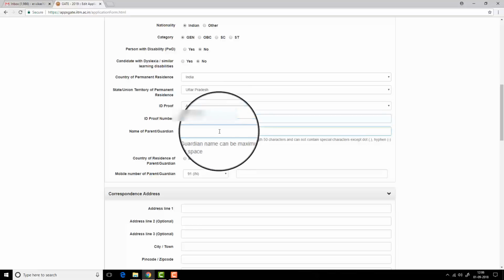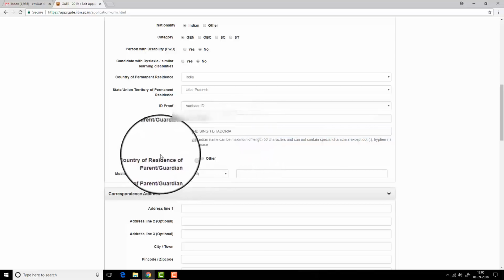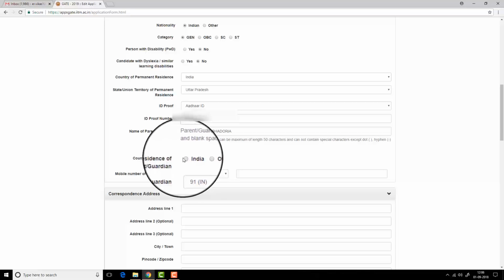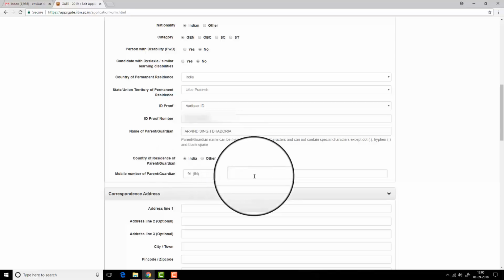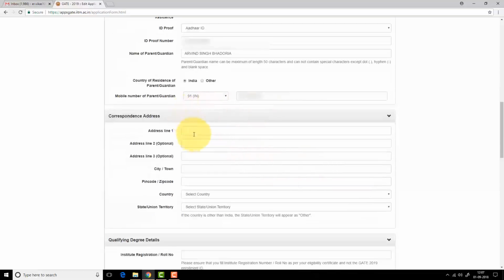then you have to enter your ID proof number, okay. After that you have to enter the name of your parent and guardian, okay. Then you have to enter the country of the residence of your parent and guardian. And finally, you have to enter the mobile number of your parent or guardian. Then you have to enter your